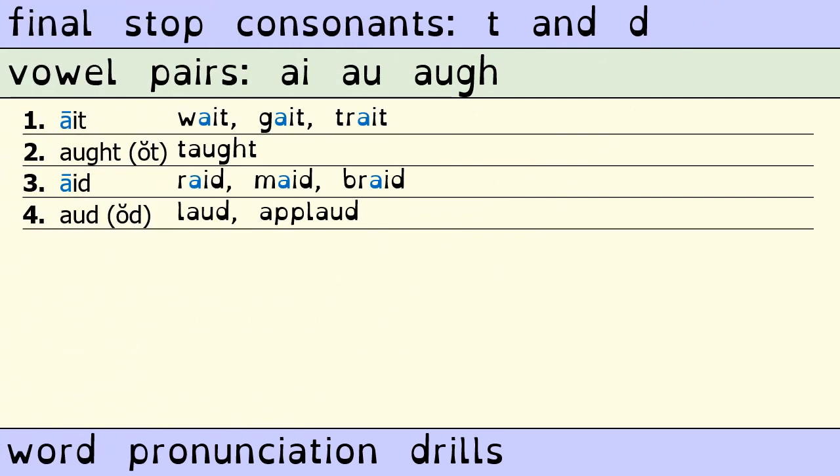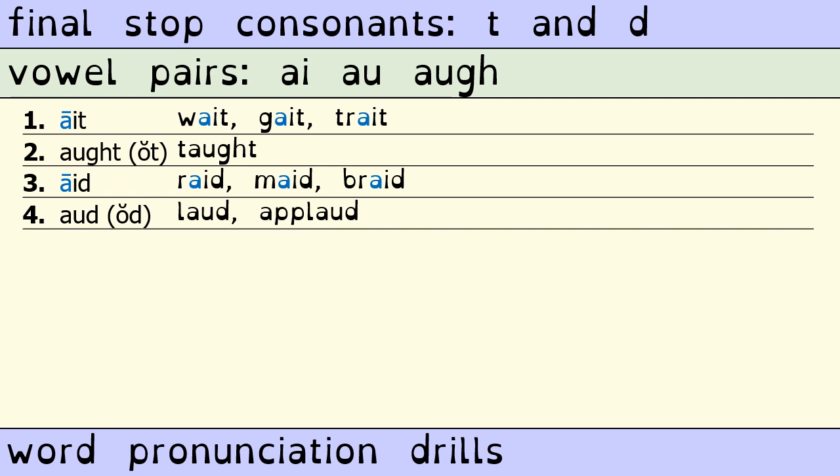Now, the rest of the video will be extra practice. We will start with words including vowel pairs starting with A. Here we go. Repeat after me. 1. Ait. Wait. Gate.